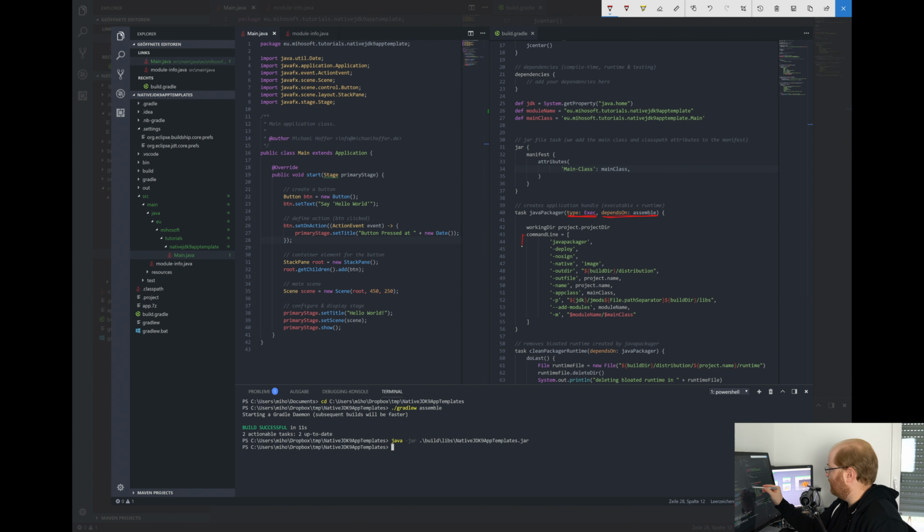And then we can specify our command line arguments. And this is, we invoke the Java packager with the deploy option. We do not sign the package. It should be a native image. And then we specify the output directory, which is distribution inside the build directory. And we also specify an output file name, and it just derives from the project name. And of course, we also specify the main class, and we specify